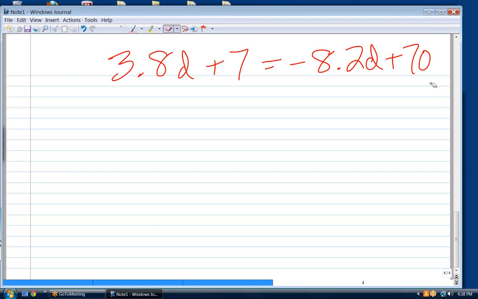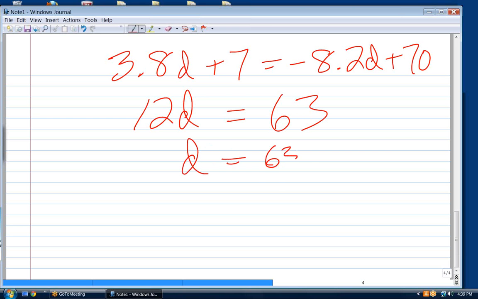Okay. So first I would add 8.2 to both sides. 8.2D. And then you get 12D equals, and that's from both sides, so 12D equals 63. Then you divide by 12, and you get,